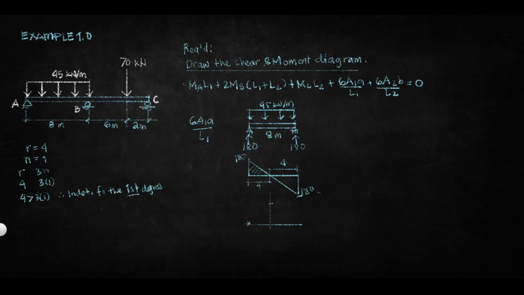So maximum dito from point A to gitna is 360, and then from that, ito po yung ating moment diagram. Okay, so you can also do it by moment diagram by parts. Okay? Right, so next po is